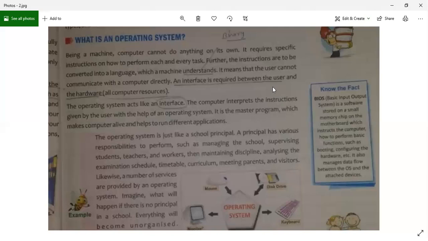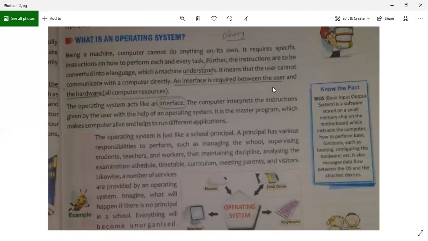I need a person, or I need a software, or I need someone who can translate human action, human needs, human words into a language that the computer can understand. And not just the computer, I'm talking about all the physical components, let it be mouse, keyboard, CPU, monitor, anything, or a printer. So we need to talk in a language that these physical components can understand.